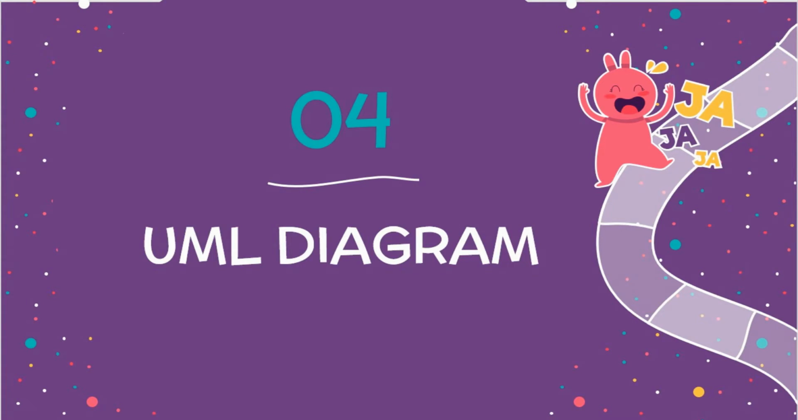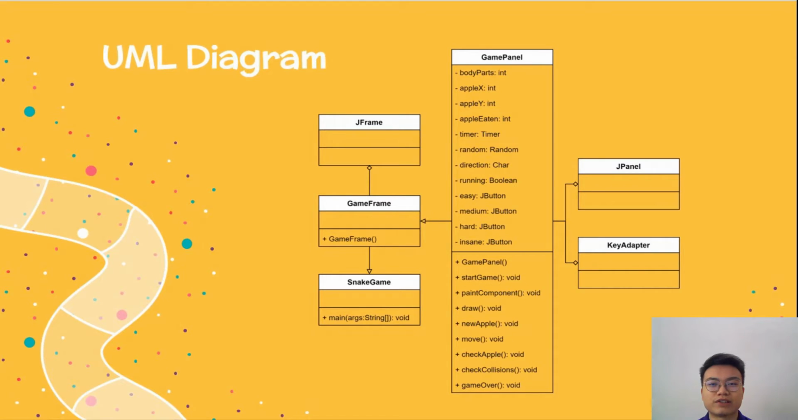Hello everyone. So I will be continuing on our presentation on the UML diagram of our SnakeGame program. As you can see, our program consists of three main classes: the game panel class, game frame class, and also the SnakeGame class. Firstly, the game panel class is where we design and build our SnakeGame. As you can see, we have various variables such as the integer type body parts to represent the length of snake, apple X and apple Y to represent the position of apple, and apple eaten to represent the number of